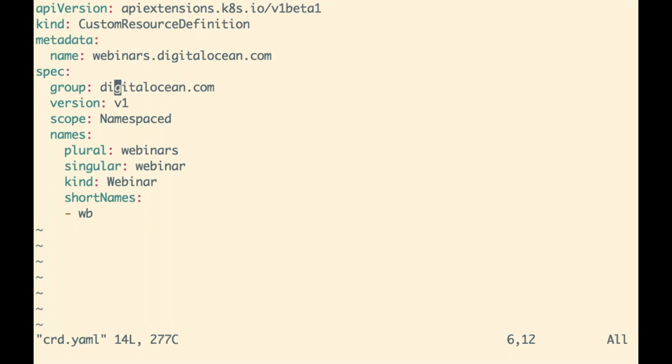In this API group, we would have objects which we could refer to with the plural webinars, like pods, and singular webinar, like pod, and so on. Let's just apply this file.